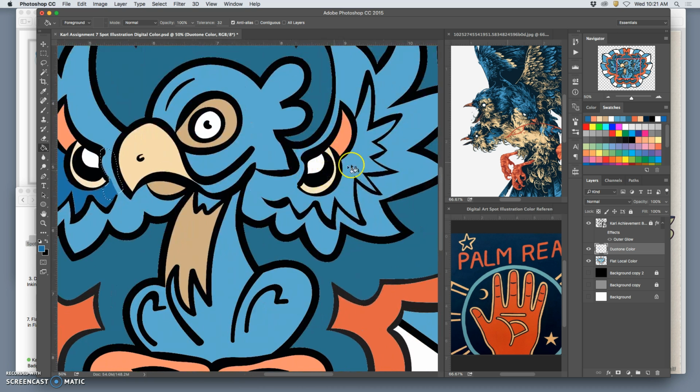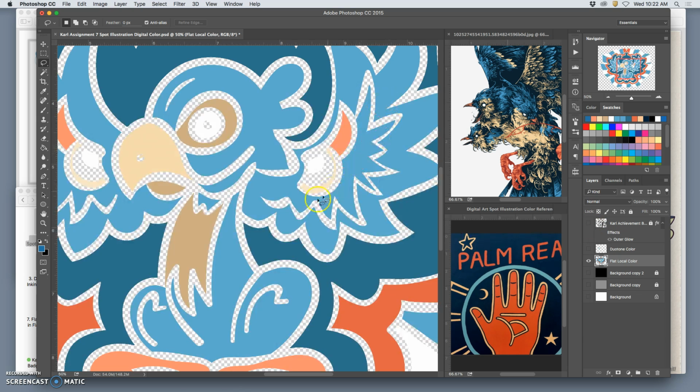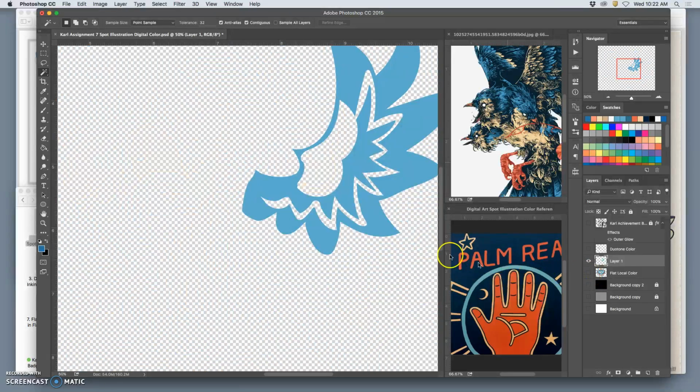So how do I go about it on the other side? Well, there's a few things I can do. One way that worked pretty well is I go to my flat color layer. And remember, the flat colors are only these fills, things between the outlines. And I can simply select that wing, right? Duplicate it. And then use the lasso